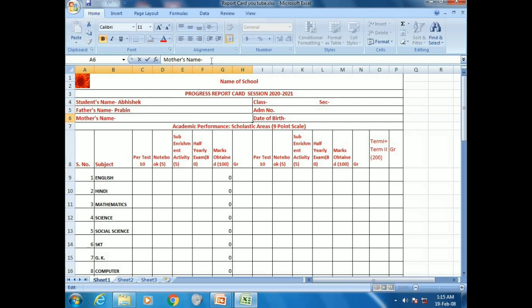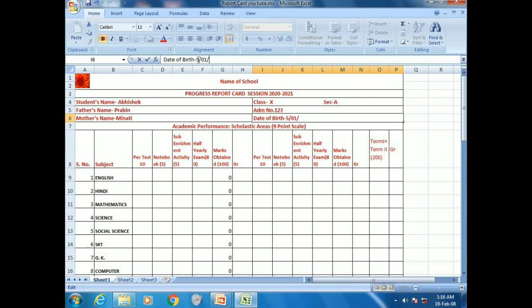Normally, till 8th class, we have 9 subjects, 5 main and 4 extra subjects. In schools, they are having 4 exams: 2 periodic tests, 1 half-yearly exam and 1 annual exam. In the first portion, we are having the first periodic test, subject enrichment activity and marks of the half-yearly exam. Total 100 in first term examination.